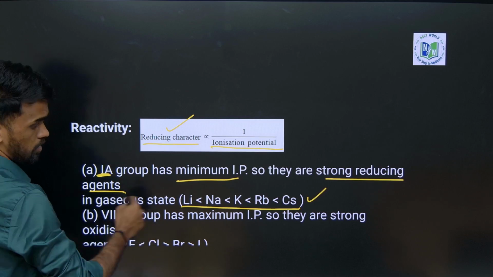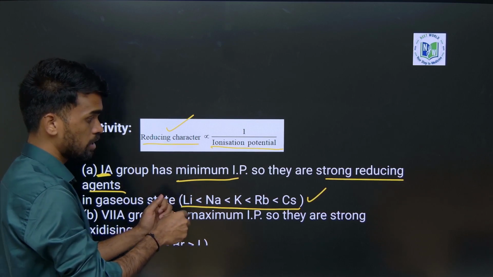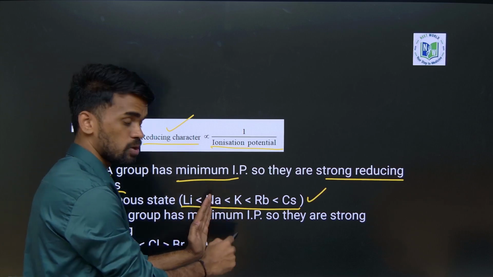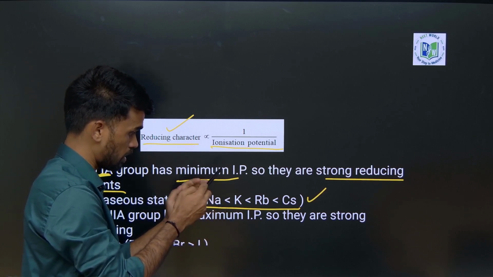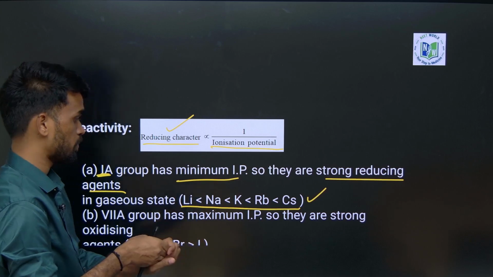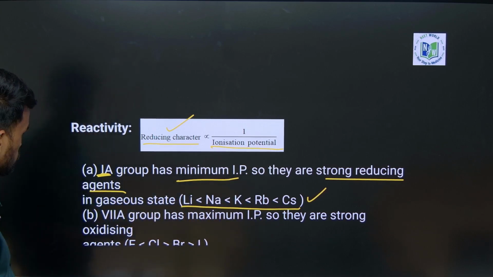Okay, and because lithium will be having more ionization potential, it will be based on that. If we compare, sodium will be having lower ionization than potassium, so it means sodium will be less reductive, or a weaker reducing agent, than potassium when we compare both of them. Okay, based on their reducing agent values we can give this relation.